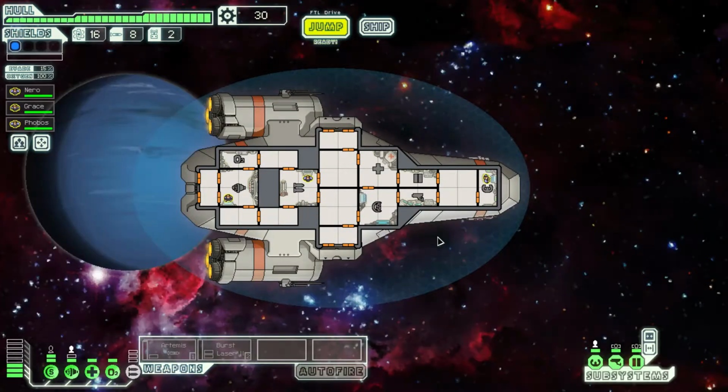Alright. So let's unpause the game here. I'm going to put myself on weapons. Grace is going to work on our shields. And Nero is where he needs to be. So you could just move them around from place to place. When they're in a room that has a station, they begin working that station. See,